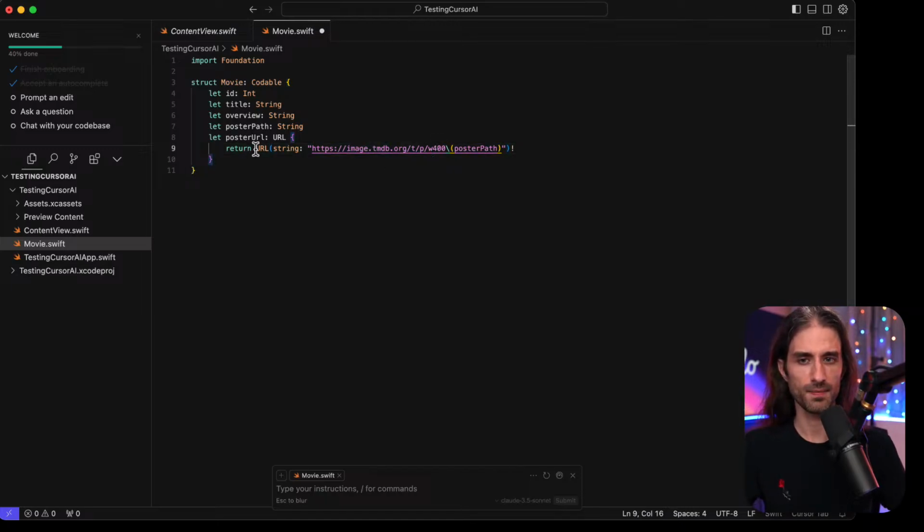But remember that it's likely that there were several training examples that were using this particular API. Don't expect it to be that good if you use an API that's like an API made by your company for which there isn't a lot of examples of integration. And you can see that here it missed one thing. It missed here the last slash. But for now, that's pretty good.